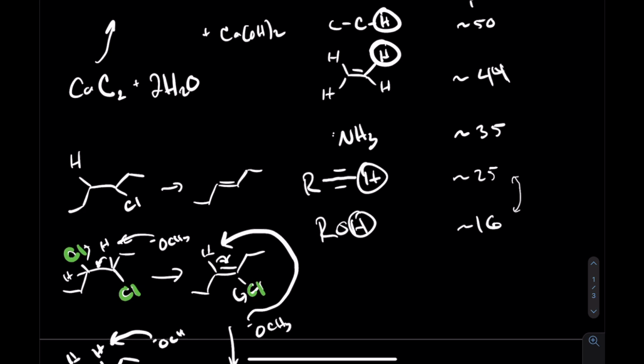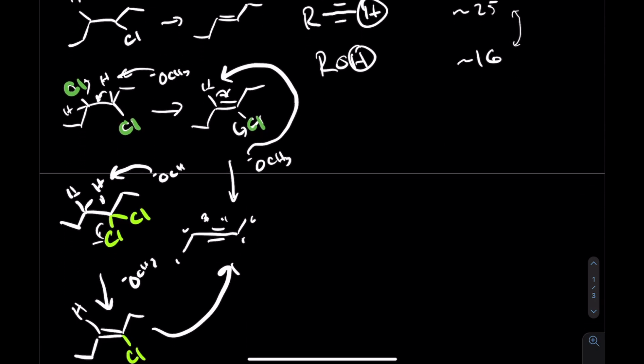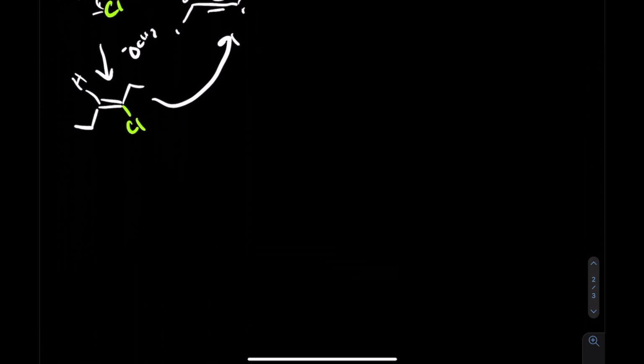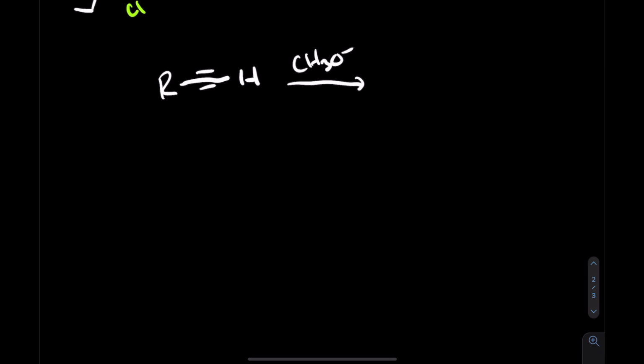Well, that proton up there, this proton, that's pretty acidic, right? So why not just deprotonate it? You could deprotonate it with a base, or it could make a nucleophile and act like a nucleophile. So let's just go down here and say you've got an R, whatever the R is, an alkyl group of some kind, H, and just throw in a base. It's a nice base. That just comes over here, deprotonates, electrons go back on that carbon,